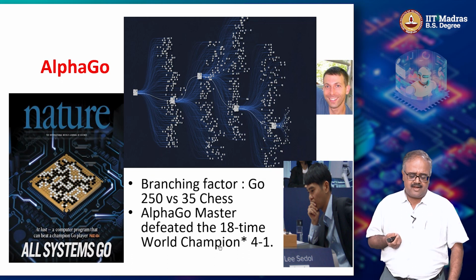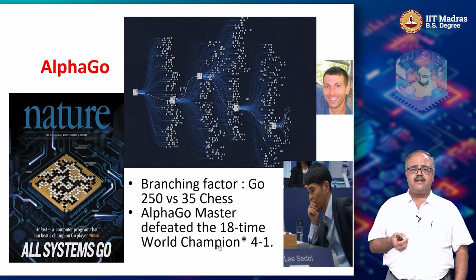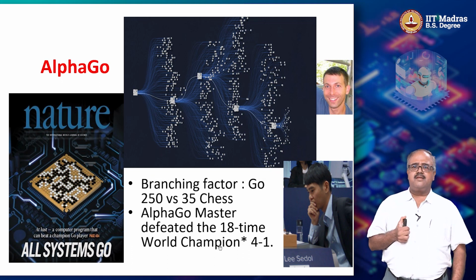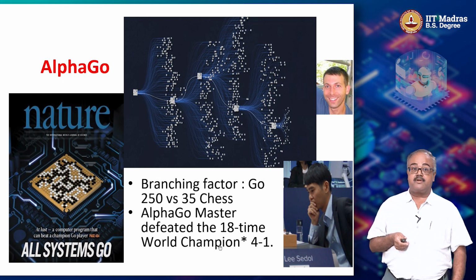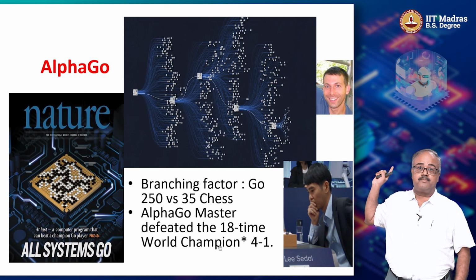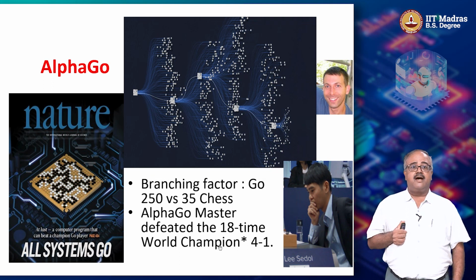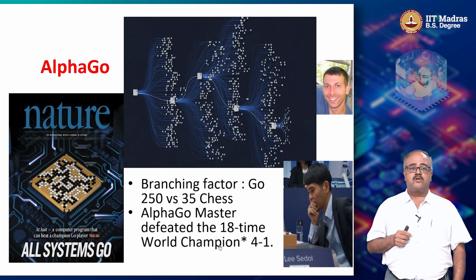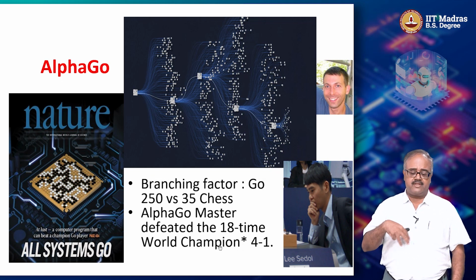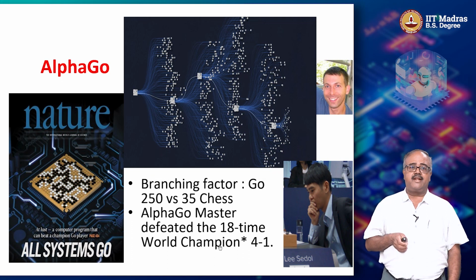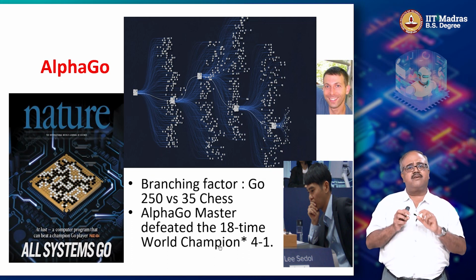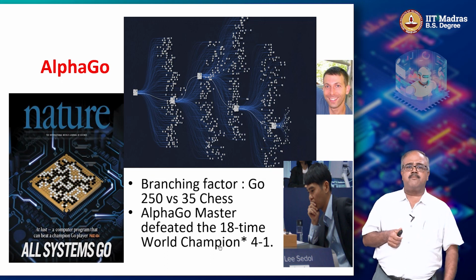But then a little later, a couple of years later, came something that completely blew people's minds, right? There's this game called Go. You can see the Go picture on this side of the screen. That's where there are stones, black and white things, and then you have this 15 by 15 square where you can arrange the stones. And it's a simple game as far as rules are concerned, but the strategies are mind-boggling.